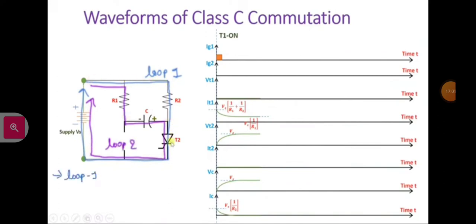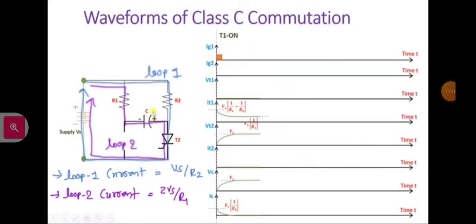And these two currents will result in the initial current in T2, which equals Vs by R2 plus 2 Vs by R1. Now why is there 2 Vs by R1? The reason is capacitor voltage plus Vs. So in loop 2 the current is 2 Vs by R1 like this,